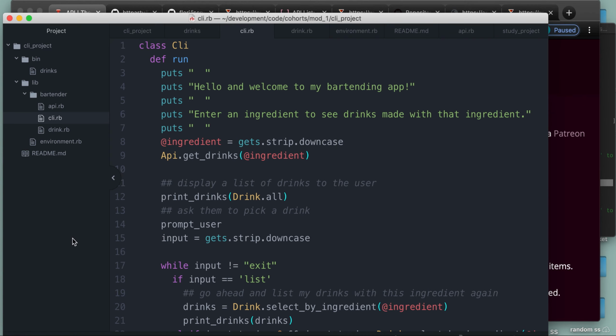And again, this is a sample project structure. You do not have to build a full gem if you do not want to for your project. You can build it very simply the way that we did here, and that's totally okay as far as the project requirements. Just as far as what we've built so far,